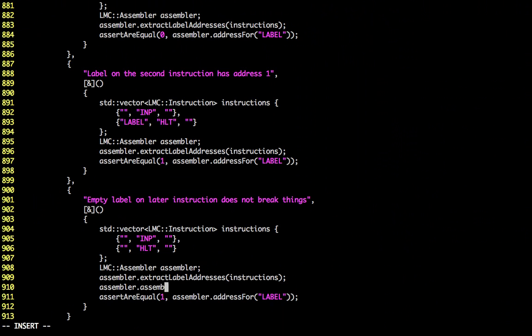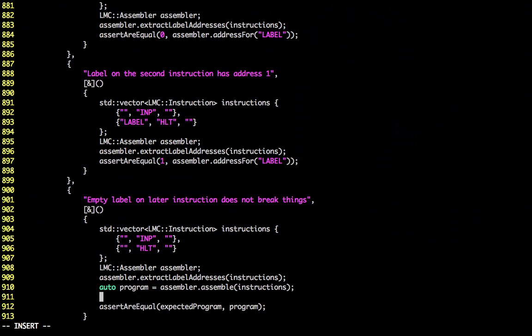Assembler.assemble instructions, like so, and then I want assert are equal expected program, neither of which exist. So we can have this, and then we can say that our expected program